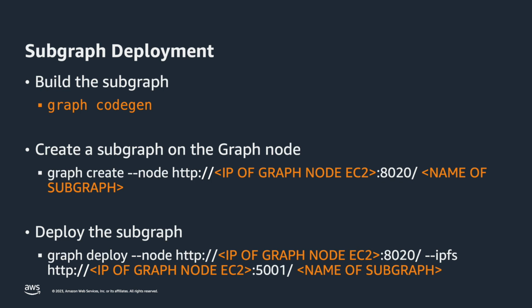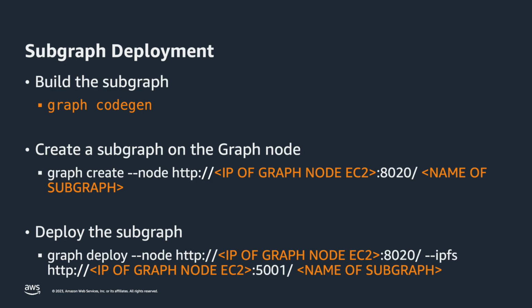This consists of three steps: building, creating, and deploying. The first command, GraphiQL, will build the subgraph. This will create a generated folder which has all the files which are necessary for deployment. The second command will create the subgraph on the graph node. And the third command will deploy the subgraph to the node. After the last command is finished, the subgraph has been deployed and the graph node will begin indexing from the